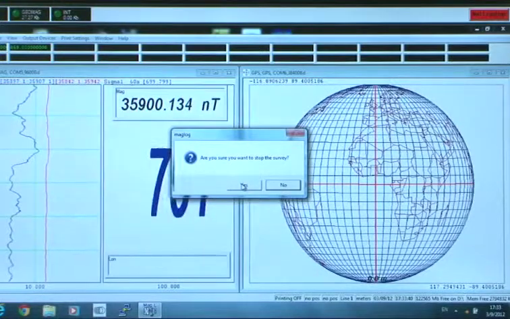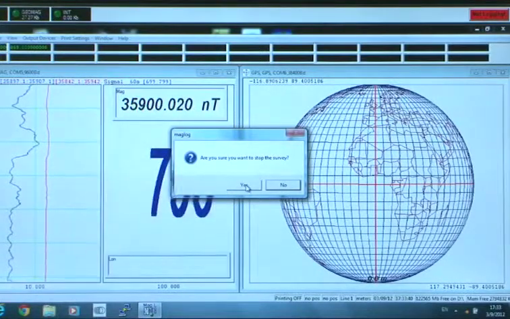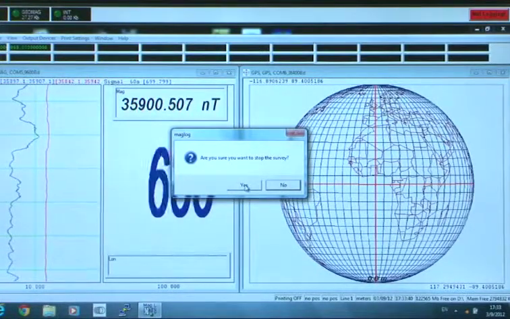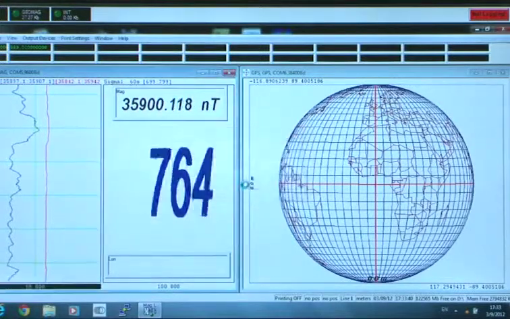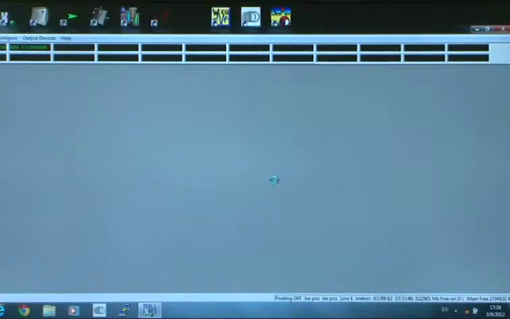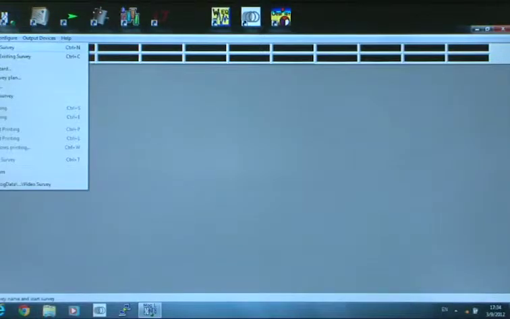MagLog asks whether you're certain you want to take this action. You click yes if you are, or no if you're not. And MagLog will shut down all of its data logging and data gathering processes and present you with an empty MagLog screen. To create a new survey that is identical in all of its setup to the survey that you have just been running, we click on File, we choose Start New Survey,